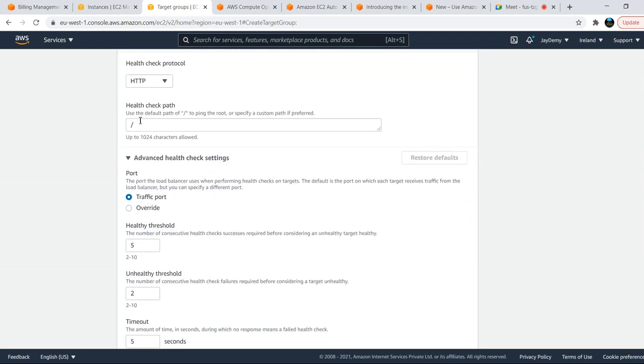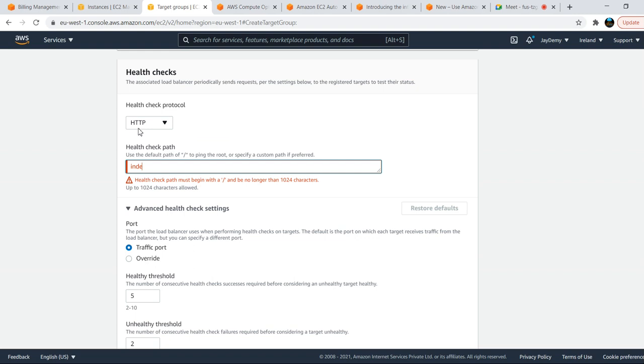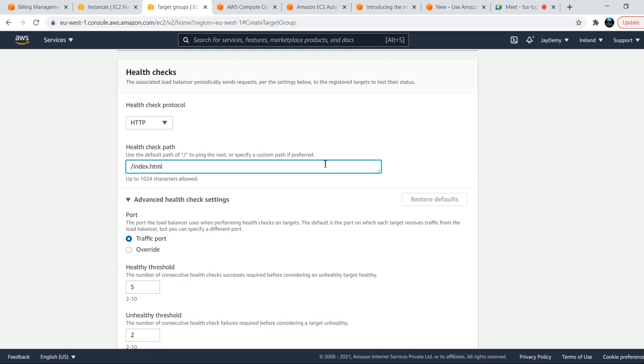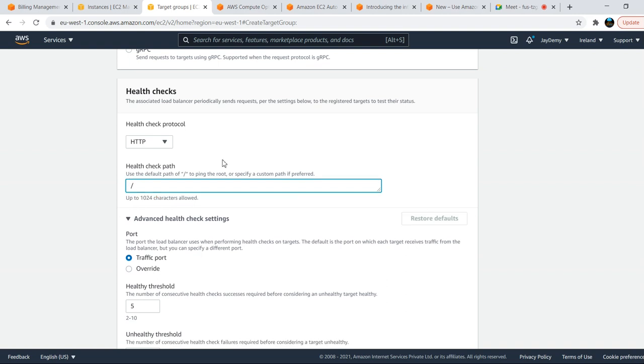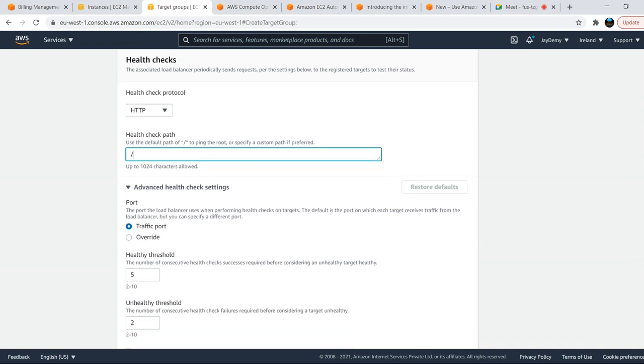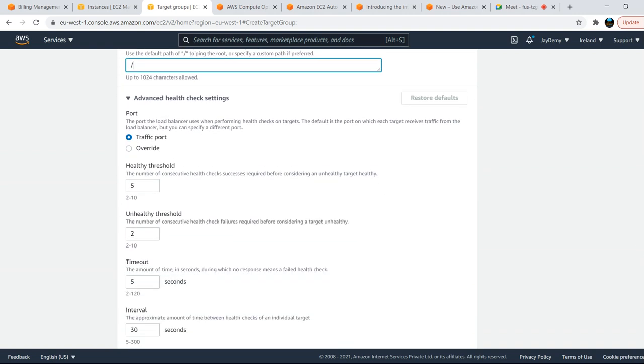Where does this need to be verified? Under the root directory, or if you have any specific path, you can directly give it like this, index.html. You can directly give the path, then it will go and verify a specific application, a specific path or a specific file, as per our requirement. So now we will go with the root, and it will verify under the root directory.